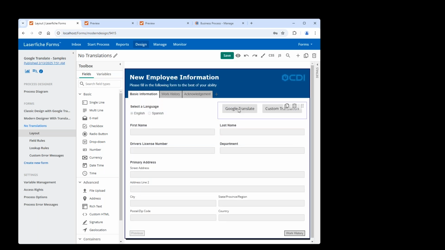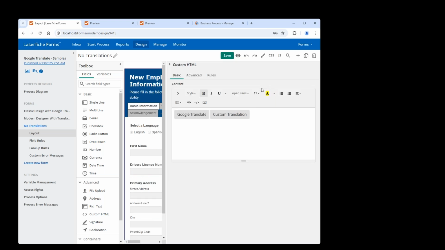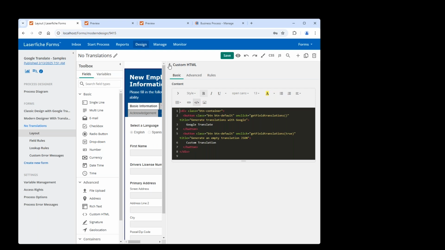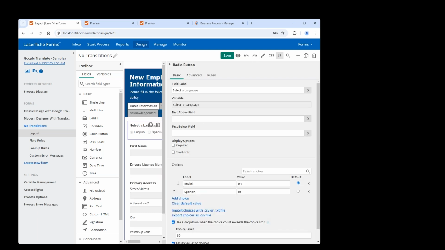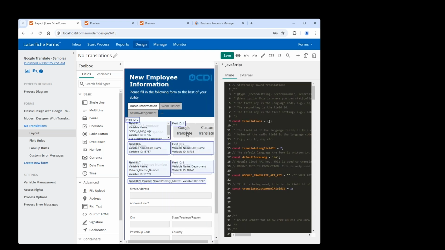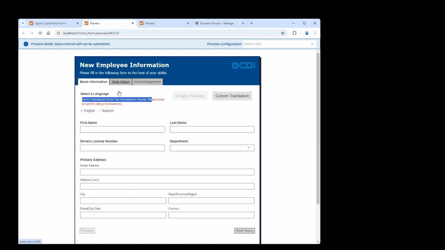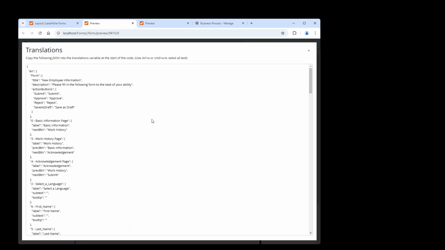So in our, and this is field 1 from JavaScript. All right, so we'll go there. And that's really field 1, or actually, well, it helps if you actually highlight the JavaScript. There we go. Yeah, field 1 is right there. That's that code. All right, so in preview mode, we have these fields in English, right? So our English choice. So if we click on custom translation, it's going to pop up with a screen. In fact, before it gets to this screen, I've already run it once, and that's why we're getting dropped right in here. There's a button in green that will say download